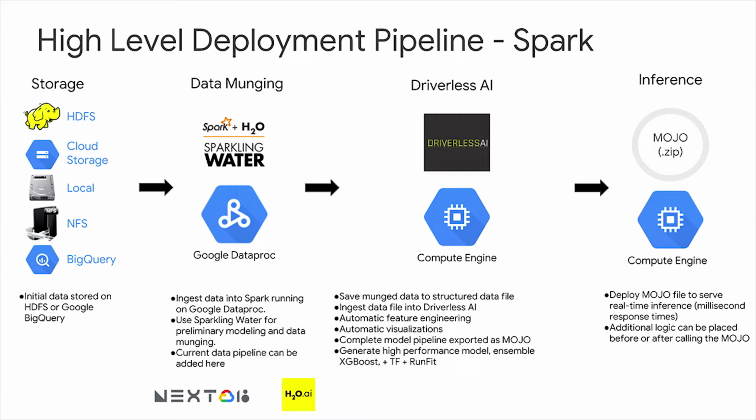So firstly, we have a high-level deployment of the pipeline that we might suggest if you were already utilizing Spark. A lot of companies already use Spark as part of their data engineering platform. What this provides is the ability to ingest data directly through Google Dataproc, which is Google's offering of Apache Spark. It makes things very easy because you don't have to set up the infrastructure. Google sets up and pulls up the infrastructure for you. And then what we can do is play on top of that using our offering of Sparkling Water and H2O.